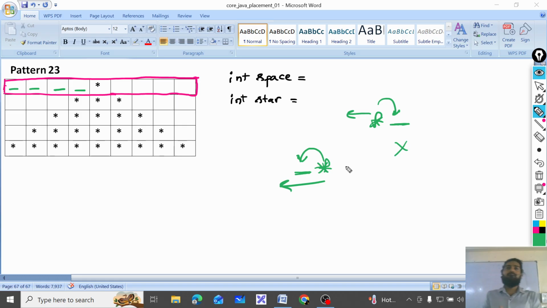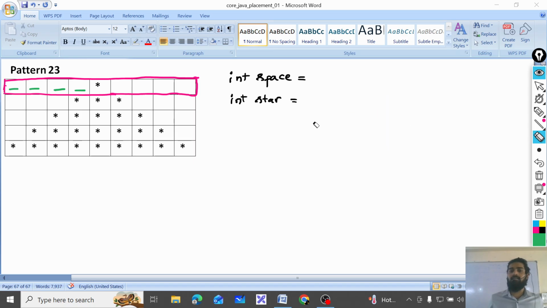If spaces are there before the stars, you should print the space. If spaces are there after the stars, if you want to print, you print it. If you don't want to print, you leave it, because that doesn't affect the pattern or the output. Did you understand now? Okay, according to this, I will not consider spaces after the stars. So I will concentrate only on this much, because right side spaces I will not print.